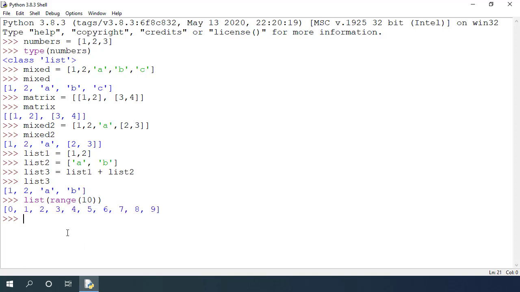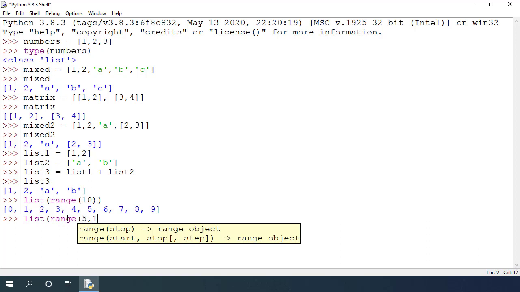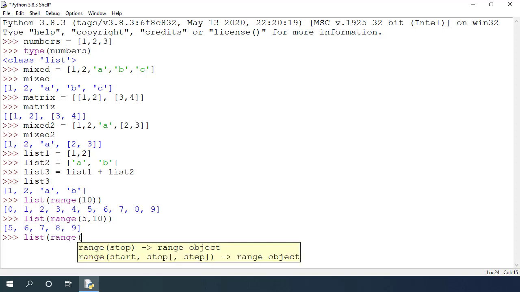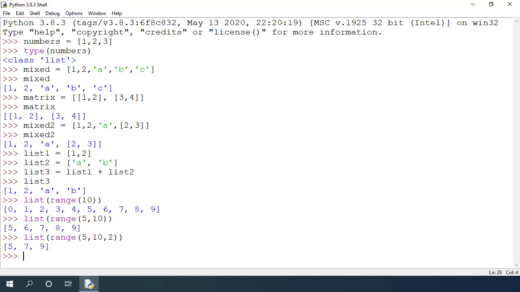Remember, the range function does not include the last number. We can also specify the starting number in the range, so we can create a list starting from 5 instead of 0 by passing 5 as the first argument. list(range(5, 10)) will create a list of 5 elements starting from 5. We can also specify a step as the third argument. So let's say we wanted to create a list of only odd numbers from 5 onwards. We could add the third argument to the range function and it will create a list with elements 5, 7 and